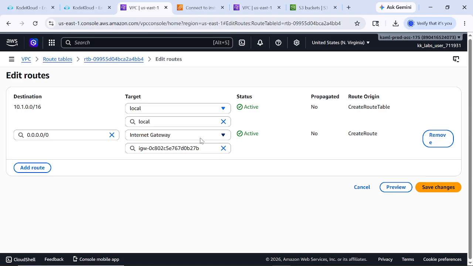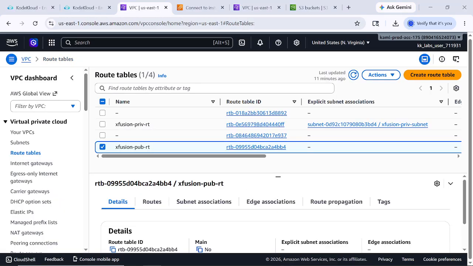So this is the internet gateway. This one. Okay. This is actually fine. And then